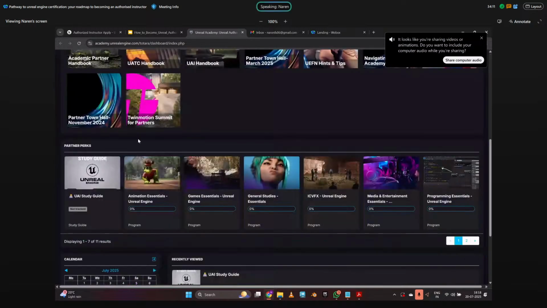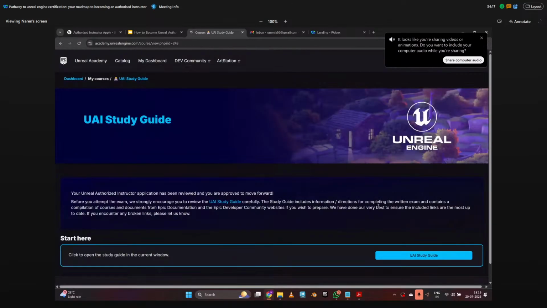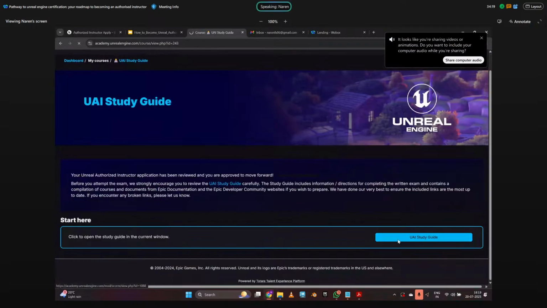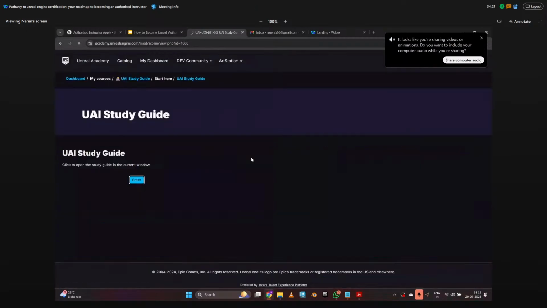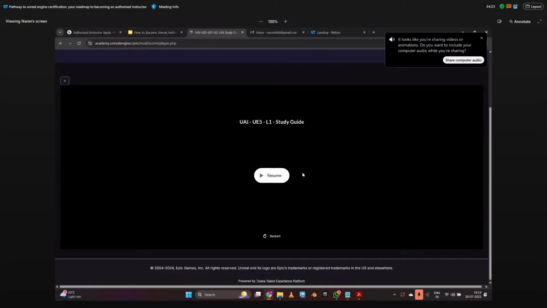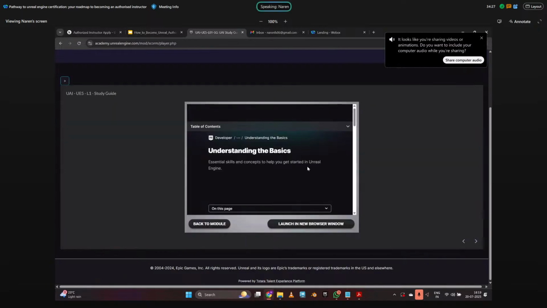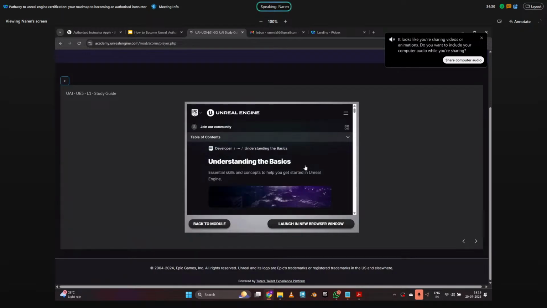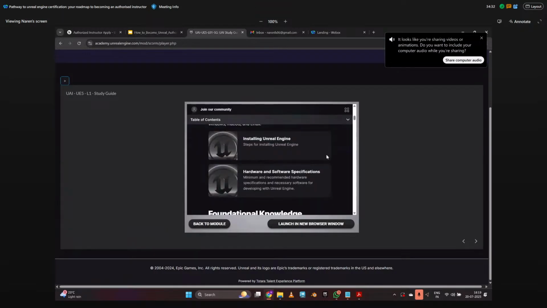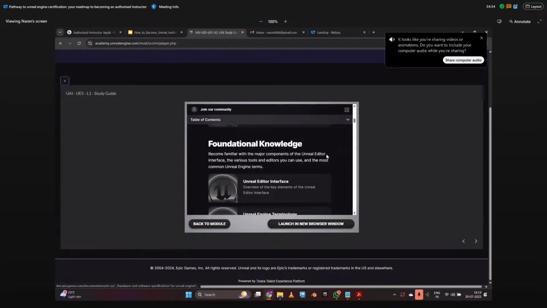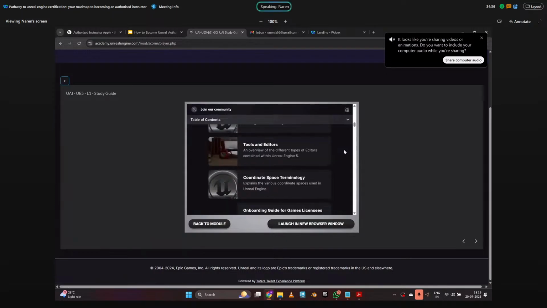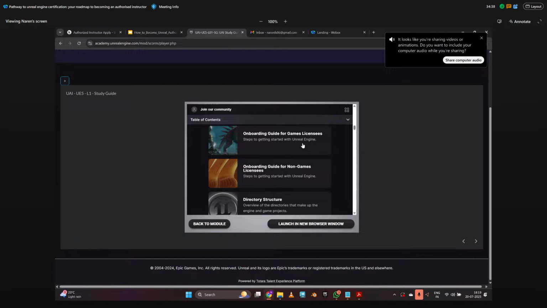Again, you have this something called a study guide. Choose the blue color one and press enter. So this is the study guide that gives you different contents: the foundation knowledge, what foundation you want to go for, gaming licenses and other things, content browser, all the tutorial content it will show us.